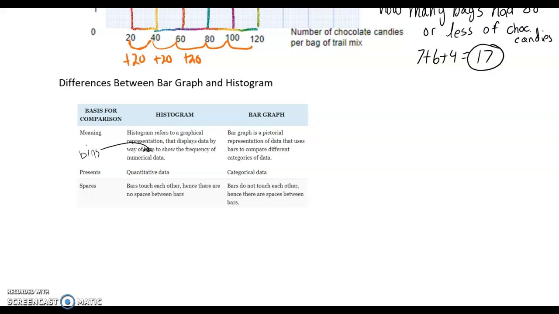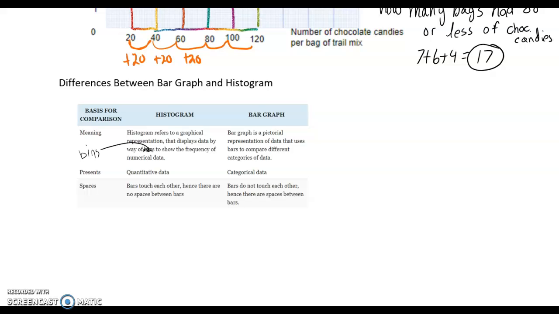For histograms, we're always looking at quantitative data, which is just a big word for numbers. We're looking at data that was collected using numbers. For a bar graph, you're looking at categories. For example, a category could be how many different people like a certain color. I could have blue, purple, red, and we could vote,